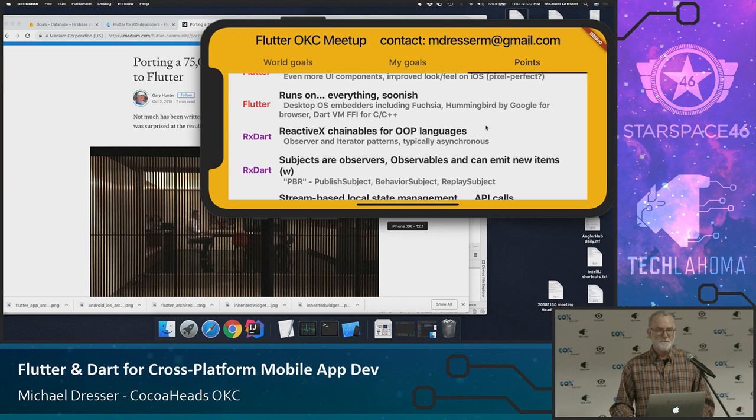Now, again, through that platform channel, you can get to anything in Swift. So presumably you could have it specifically in the iOS part of your project and call it through that channel, okay? A little cumbersome.